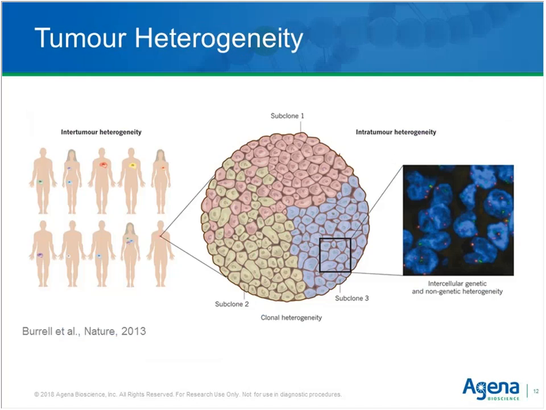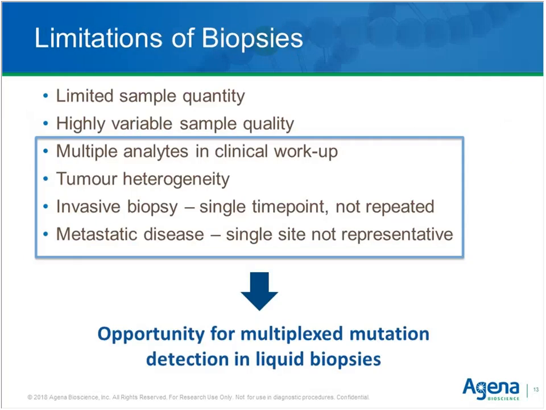Another limitation is tumor heterogeneity. When taking a tissue biopsy, we usually only target a single clone and are able to interrogate the mutational profile of that single clone, whereas the tumor may be composed of various subclones that you can't interrogate from a tissue biopsy. So taking all these limitations together: limited sample quantity, highly variable sample quality,